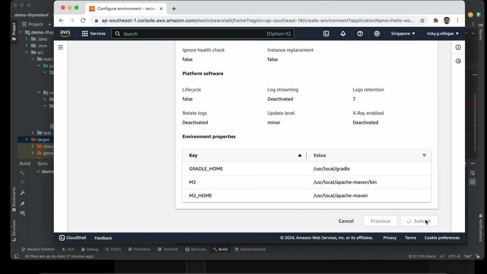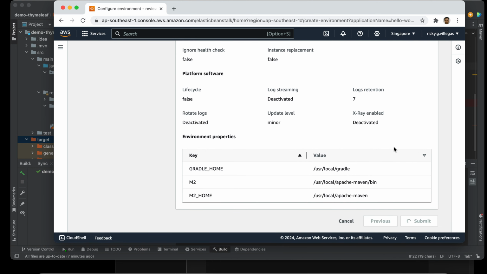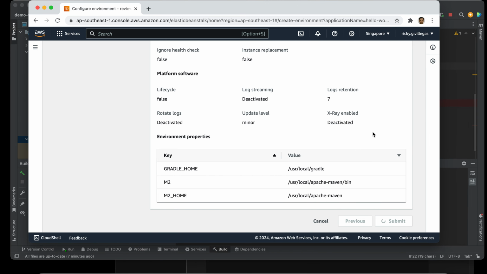Then this will take a few minutes to deploy. While deploying, as you can see, this AWS console will show us the details of what's going on under the hood.